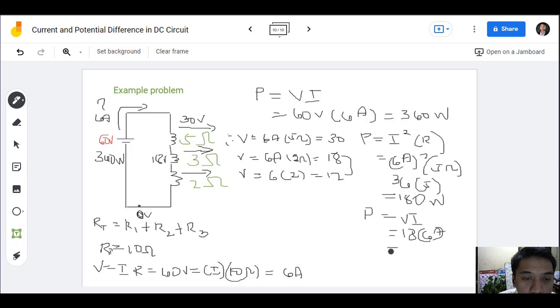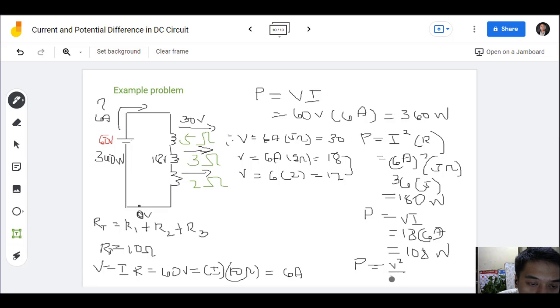Okay. So let us multiply 18 times 6 is 108 watts. For the third, let's say we use the